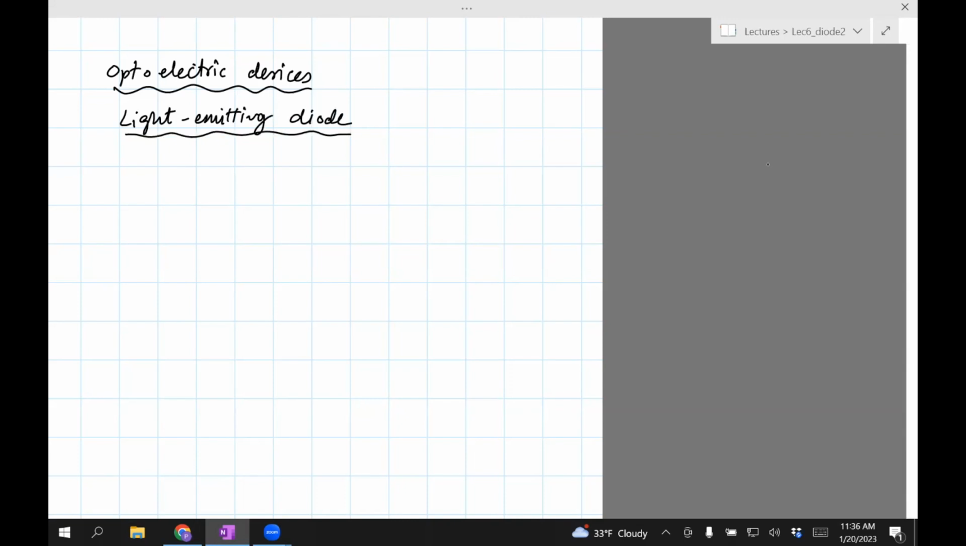Okay, let's look at some other types of junction diodes. One of them is known as the optoelectronic devices. So the more famous one, which is used probably everywhere, is the light-emitting diode. It's a diode which emits light. So it emits light